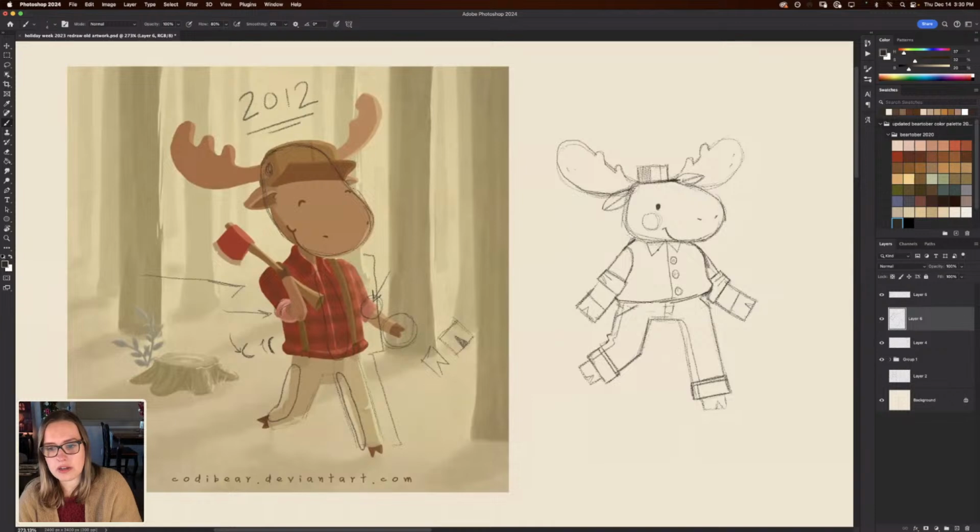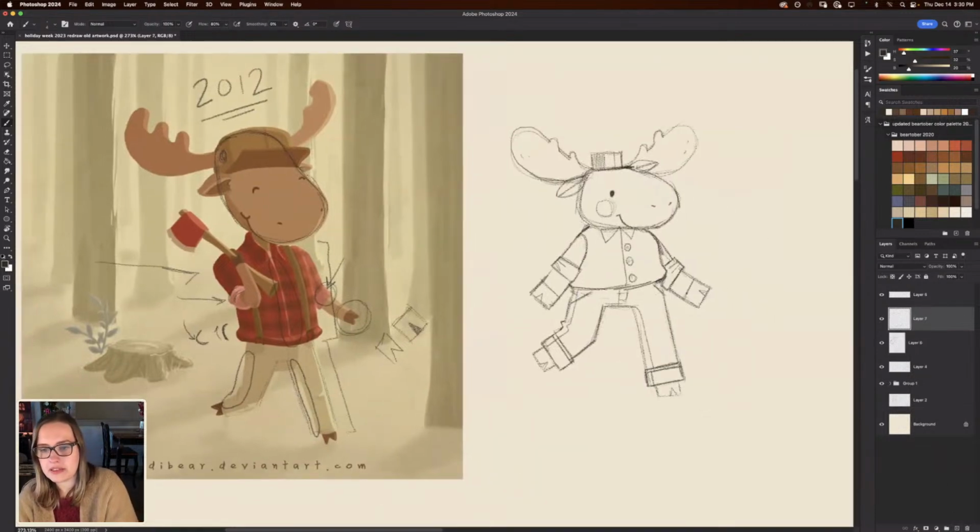So here are his little arms, his little armies. And I'd probably just go ahead and draw in him holding an axe. Of course, drawing an anthro animal with hooves holding something is always going to be a little bit awkward, but we have to have some suspension of disbelief.